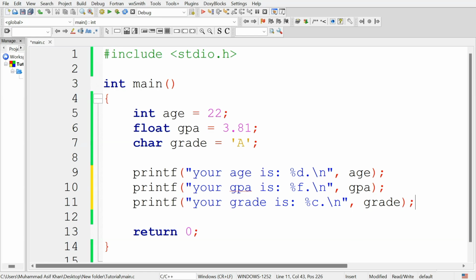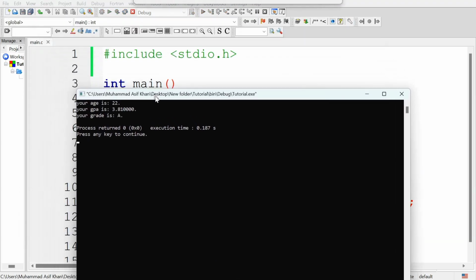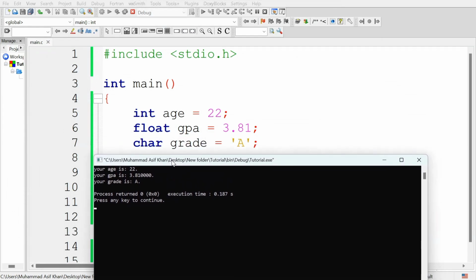Now run the program and it will display the values stored in these variables. And the program displayed your age is 22 years, your GPA is 3.81, your grade is A.